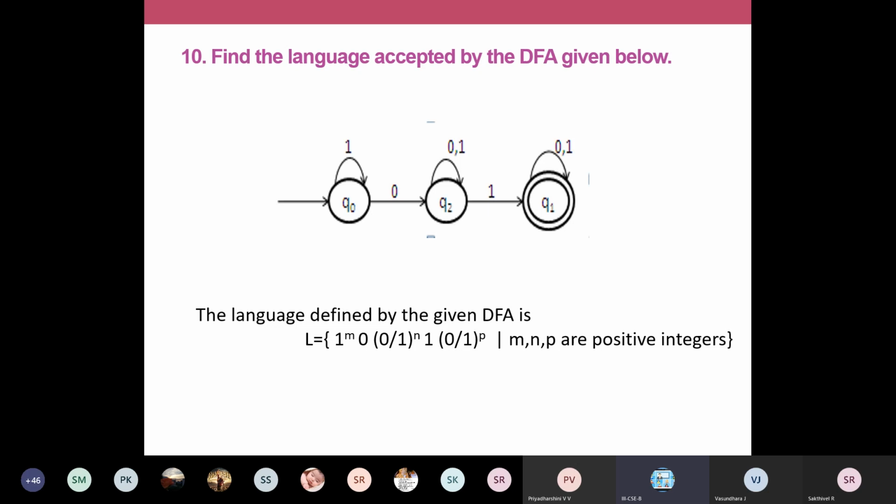Why are we giving m, n, and p? We cannot say that m will be equal to n. You cannot use the same variable m in all the places. Some of you might have a doubt: why can't we use m in all the places, for 0 power 1 also, and for this 0 power 1 also? Why are we using three different variables?